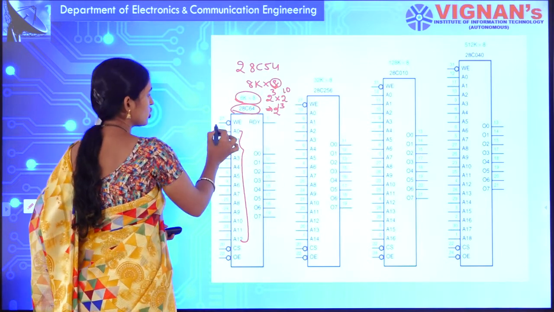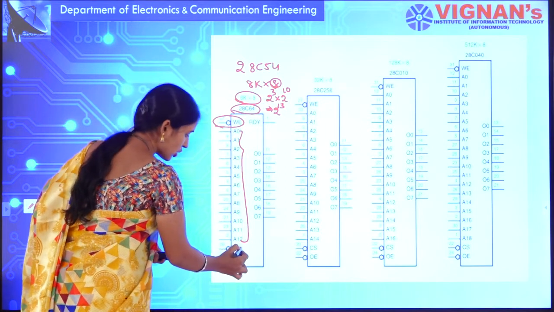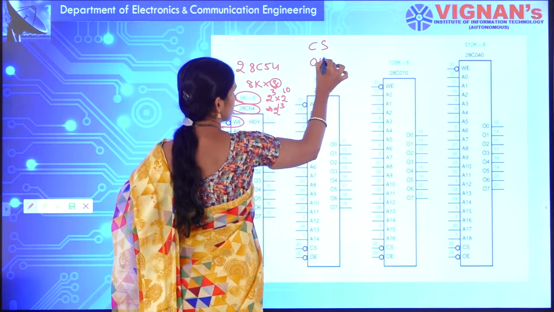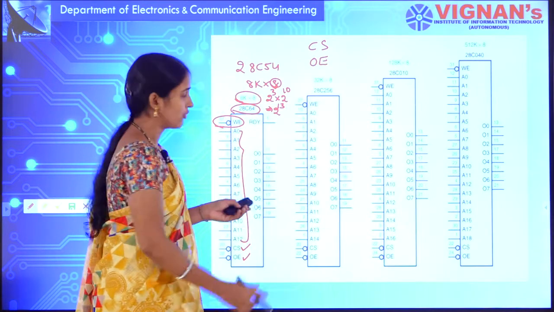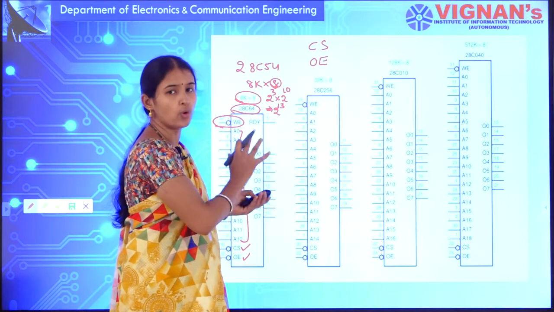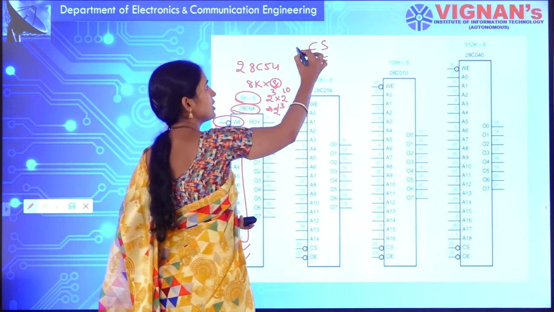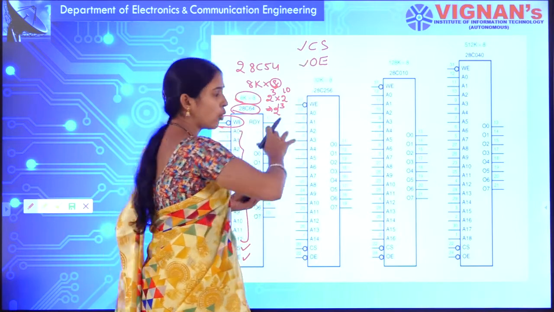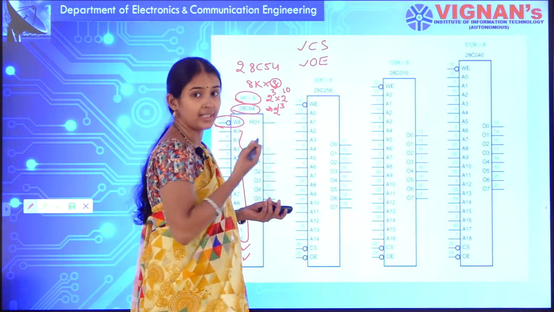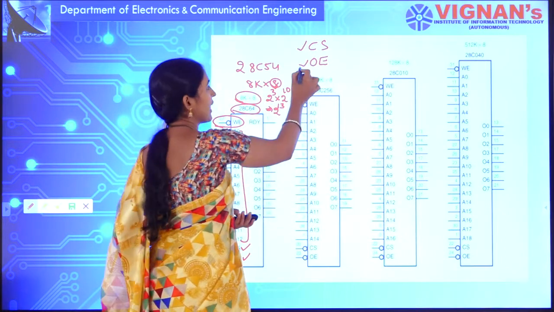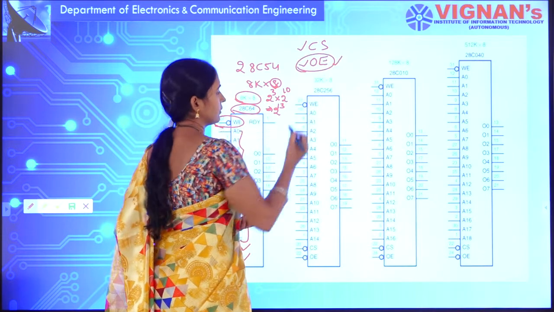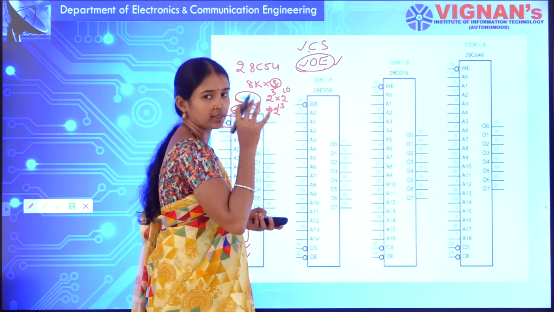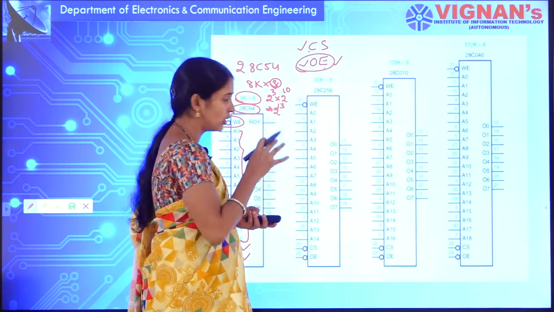With 8 outputs, this is your write enable. This is your chip select and output enable. What are your chip select and output enable? Chip select means, if suppose there are a number of chips and you want to select only one particular chip, by using the chip select input you can select that particular chip. And output enable: if you want to read the data from that particular chip, you will be asserting the output enable pin. OE is nothing but output enable, CS is nothing but chip select. It will provide that address to the chip.